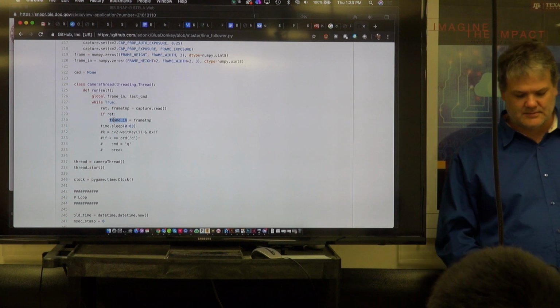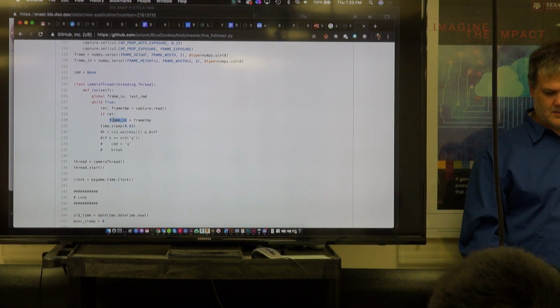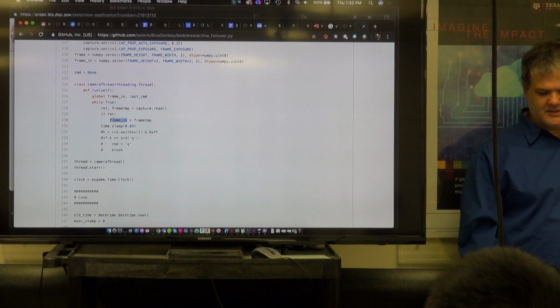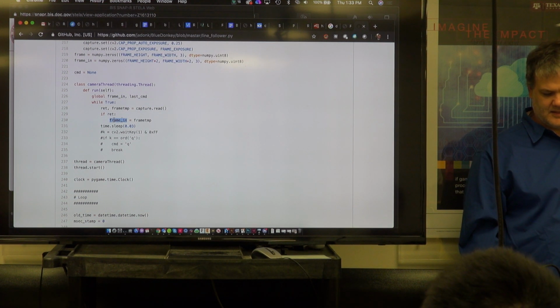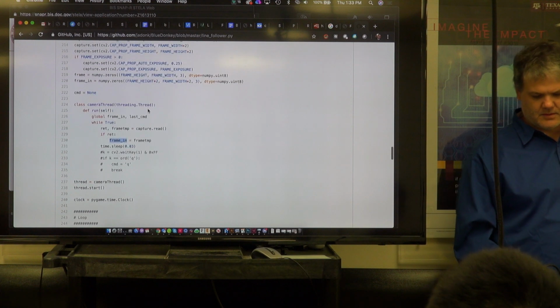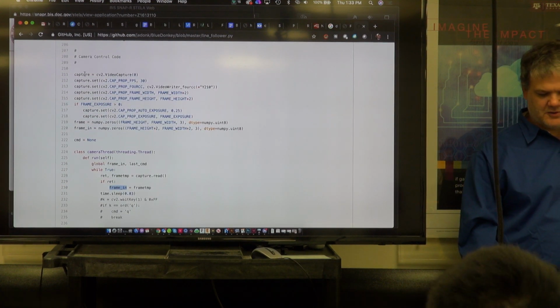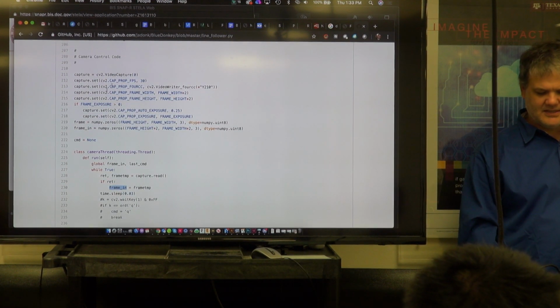So frame in is a JPEG file? No, frame in is the bytes, the captured data. All right. So first I open the camera. I can set any different